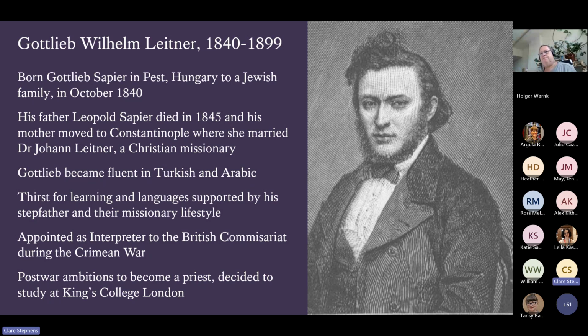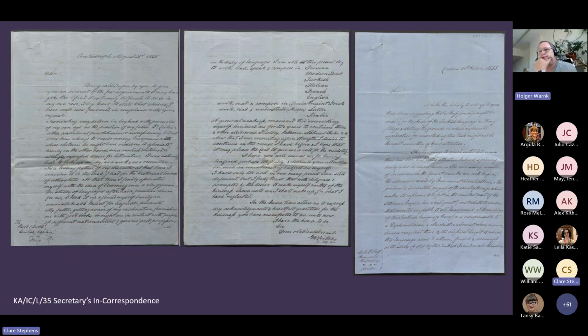So one of the first things that we have from Leitner is his correspondence. In August 1858, King's receives a letter recommending Gottlieb and enclosing a letter from him. Now, Gottlieb is not a shy chap, and he promotes himself endlessly. He says that he can speak 8 languages already. He's very keen on languages being taught at King's more widely. He has a very strong sense that as far as the empire goes, natives are responsible for the translation and cannot always be trusted.